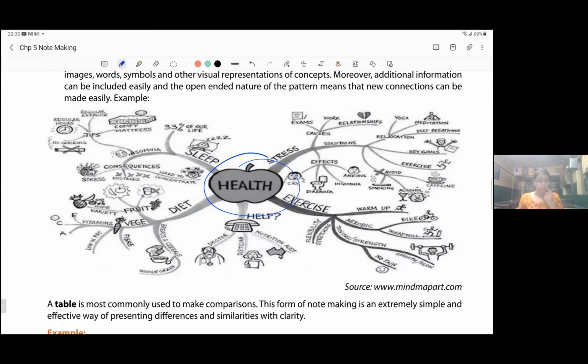Health depends on how many things? Stress, exercise, sleep, diet. Right? These are the headings. Now see, causes are the subheadings. Causing, relaxation, solutions are the subheadings, you can say. In stress,